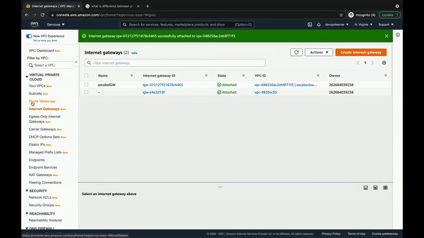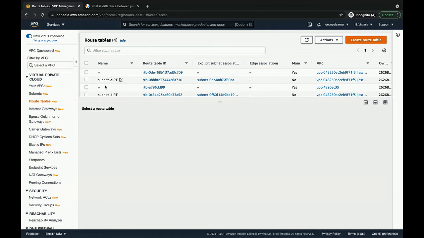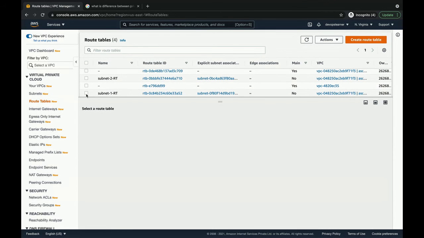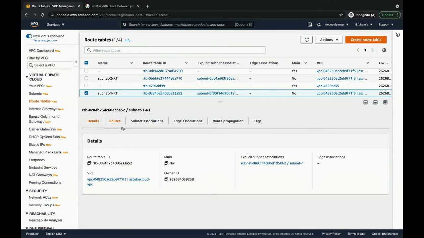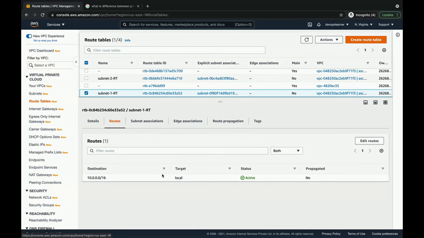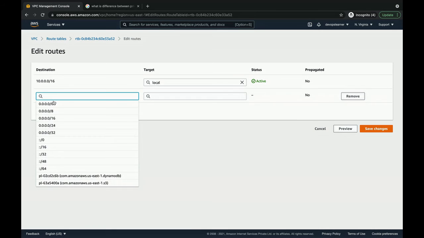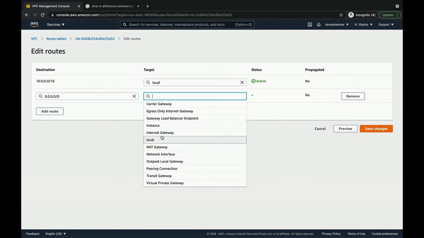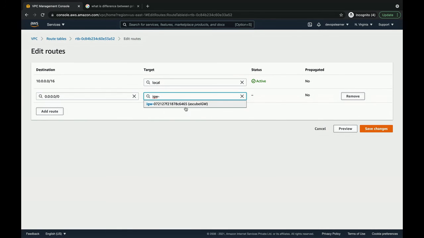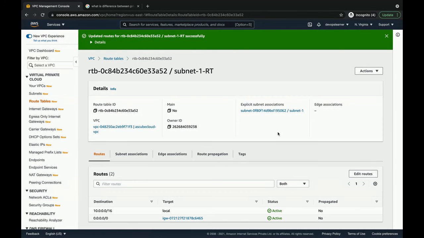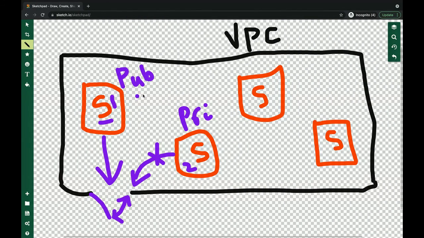So if I go to the route table, subnet 1 route table and routes, and if I click on edit route, add route 0.0.0.0/0 internet gateway, yeah, now it is showing. Click on save changes. Now this is public.